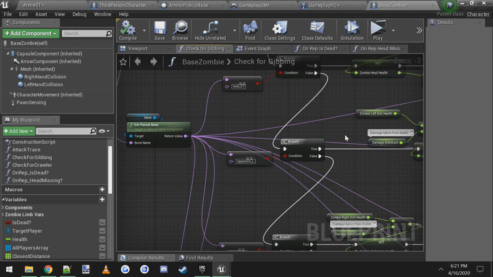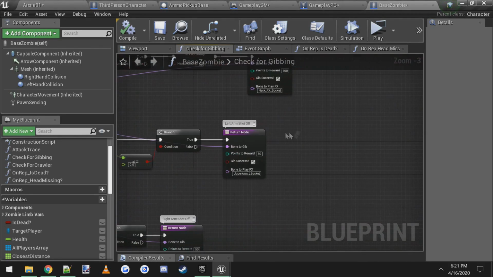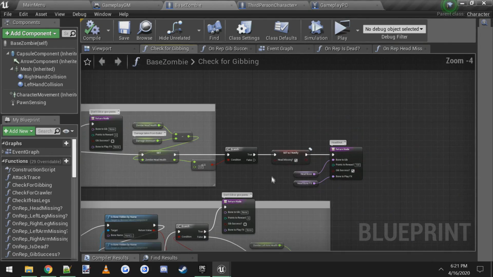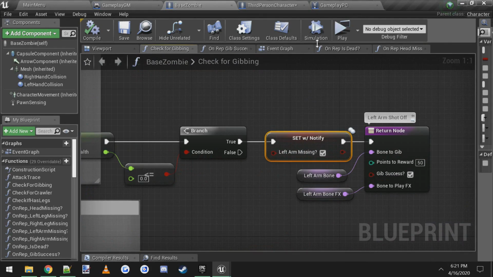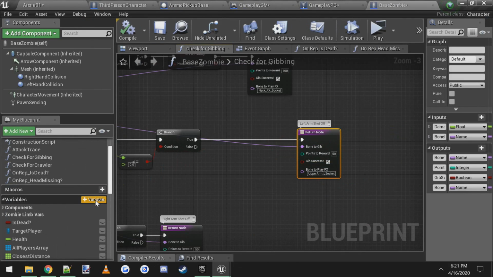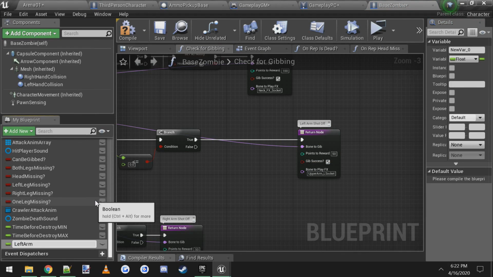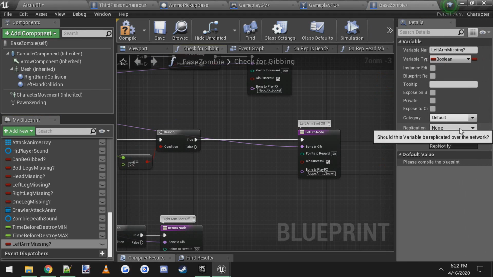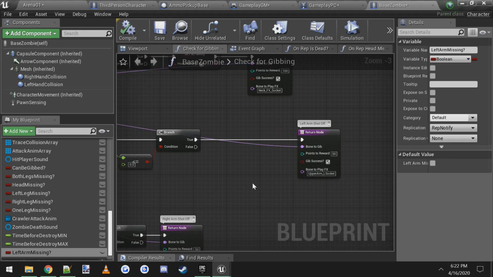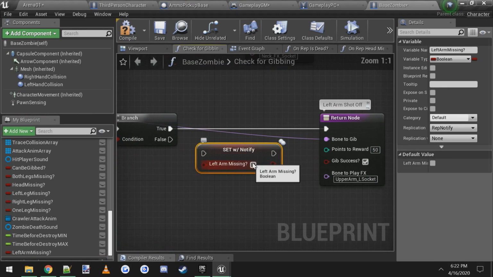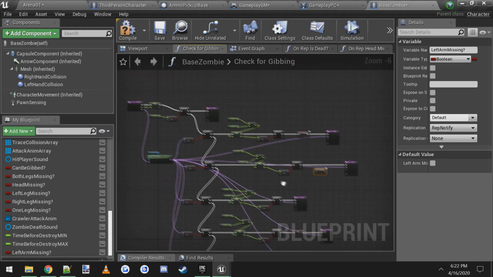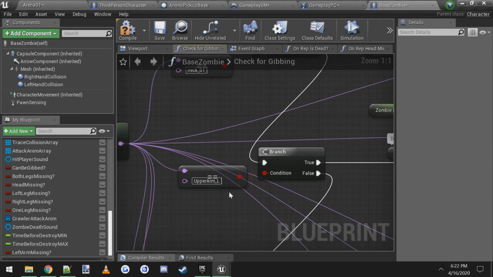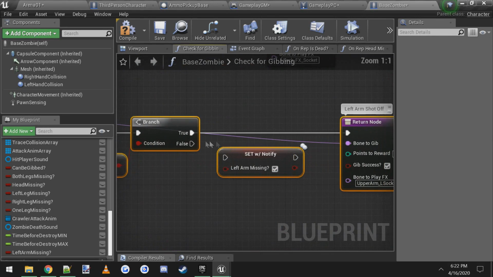So this is the upper arm left. So for the left arm, we're going to have to make a variable. Let me see what I called it just to keep it all the same. In the updated version, I called it left arm missing. So in this version, we're going to come over here and make a new variable called left arm missing. Change the type of the variable to a boolean, and same thing, make it rep notify, compile, and we're going to set it here, left arm missing set to true, and let me zoom out so you can see it. We just did the head one here, and now we're going to do the arm, which comes right after it. So it says upper arm left, if true, set it to true,